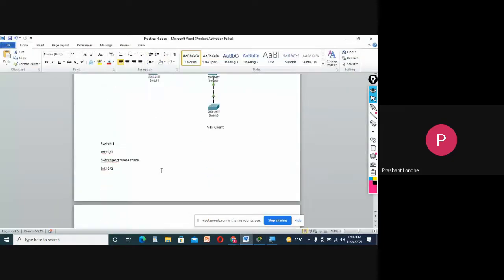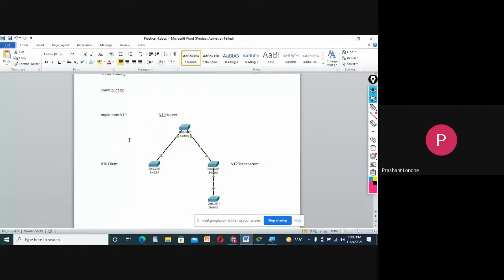So now you can see we need to implement the VLAN trunking protocol. Basically just see here, it is a VTP server. All these switches are working as servers. We need to shift it to a client. This is a transparent, so it is just like breaking the chain over here.